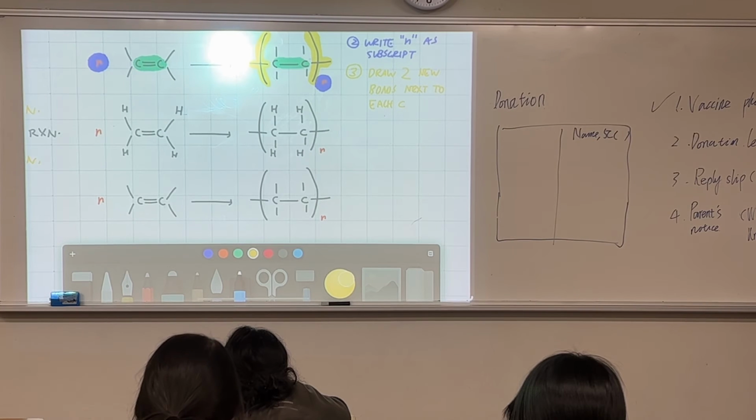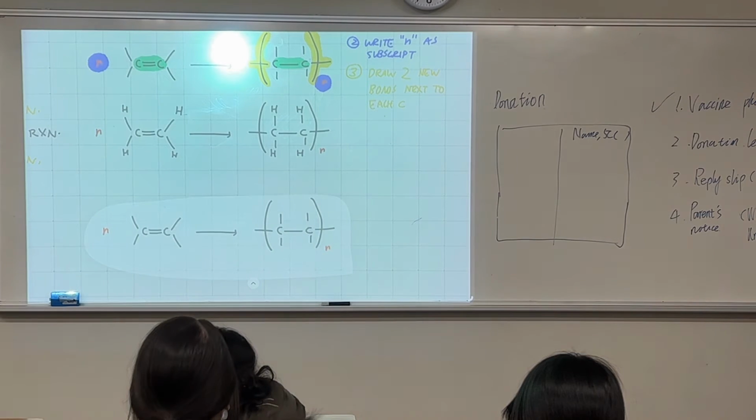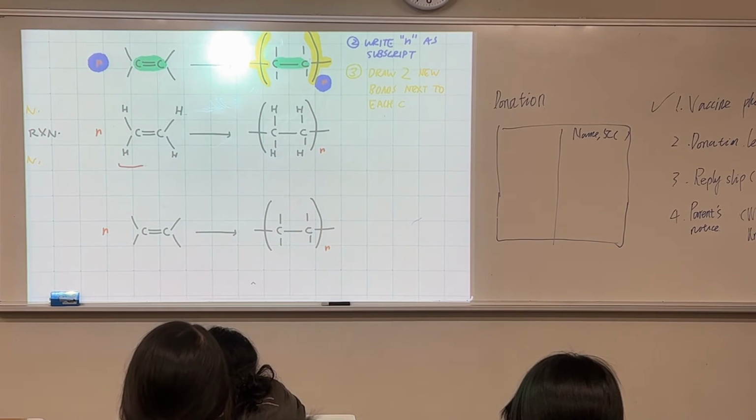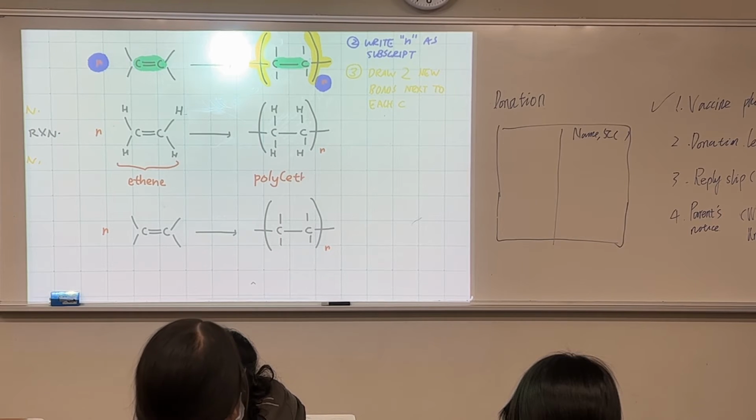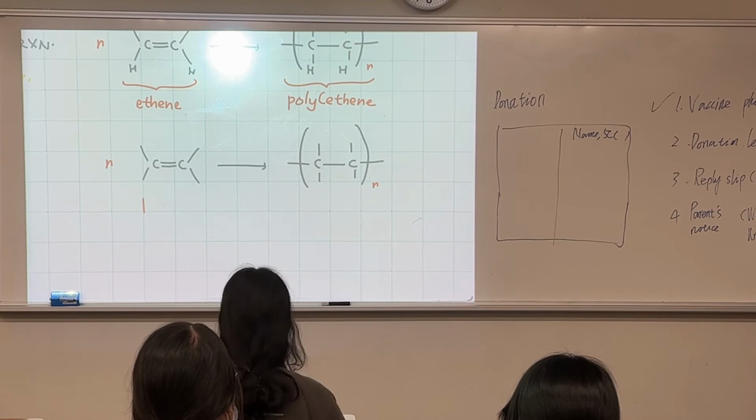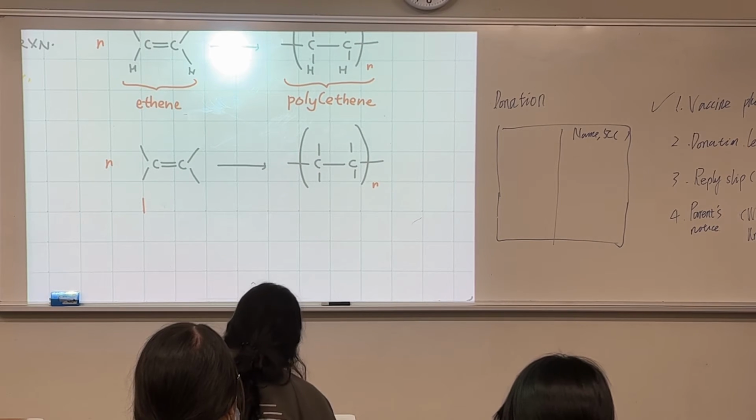So, and then actually there's just one more point. It's in the naming of the structure. What do we call this? We call this ethene, right? Do you remember? Yeah, this is ethene. So what do you call the product that gets formed? Well, it's conveniently named polyethene. So likewise, if you start with propene, which is a class exercise now,